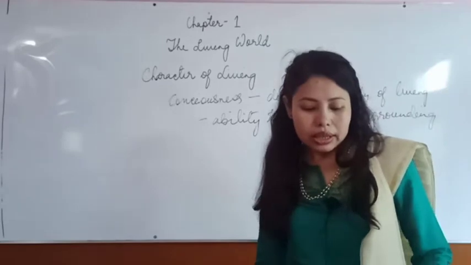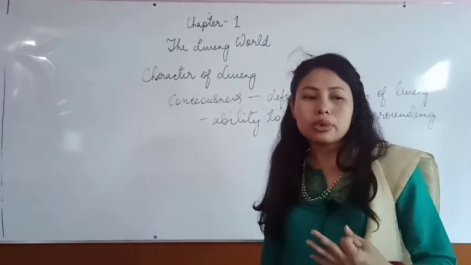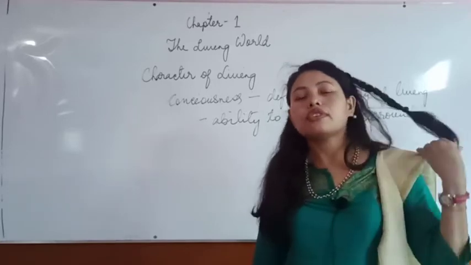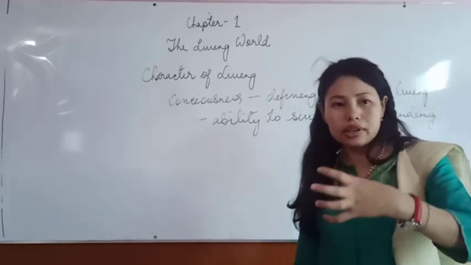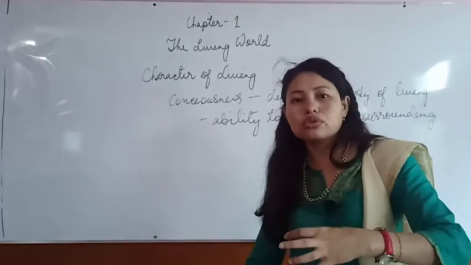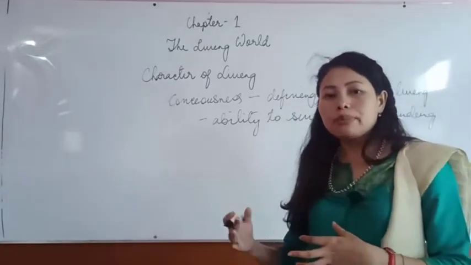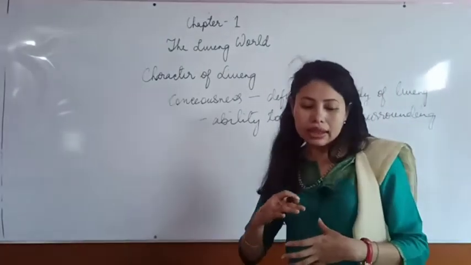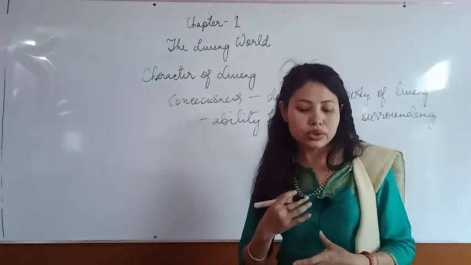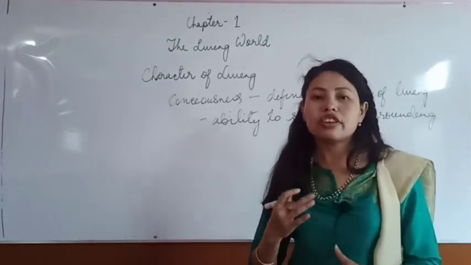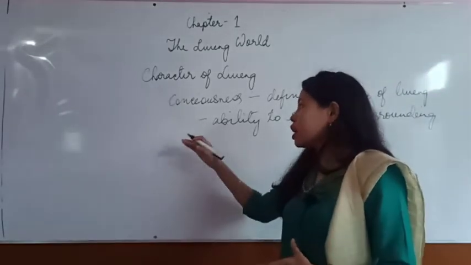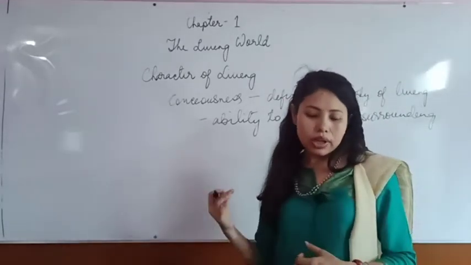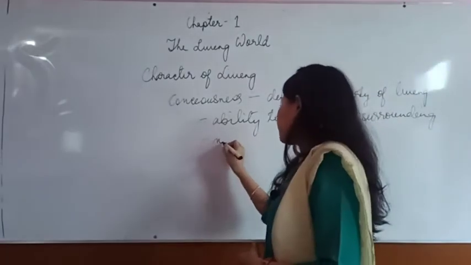For example, even animals, when they feel hungry, try to search for food. And for us, if you touch a naked wire in an electric circuit, you get an electric shock, so you pull yourself away from it. These are examples which show that you are conscious of your surroundings. This consciousness, or ability to sense its surroundings, happens in living organisms only. Living organisms are self-conscious, they are able to sense the surroundings. And in this, the nervous system